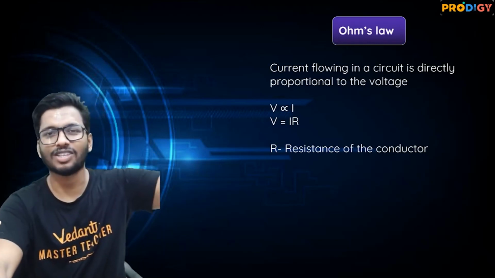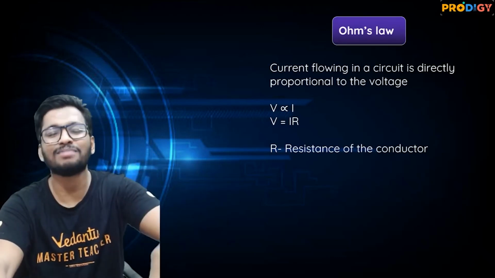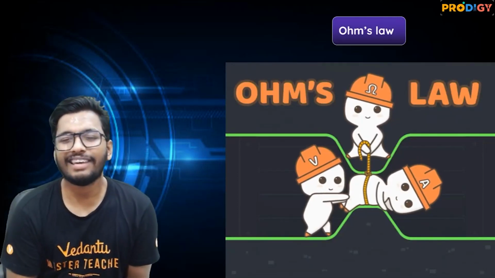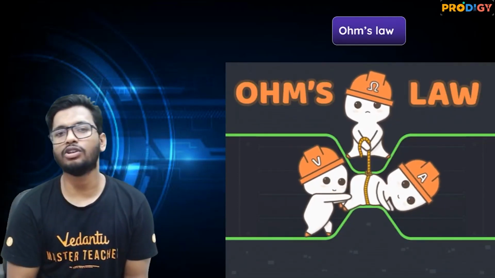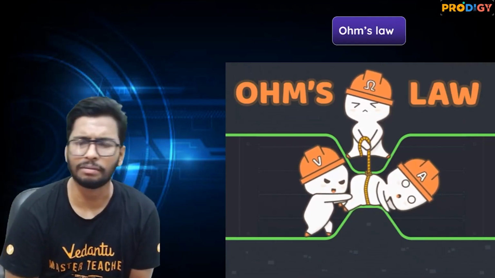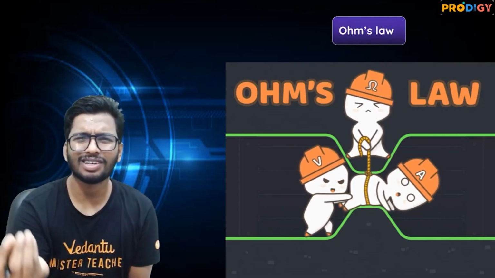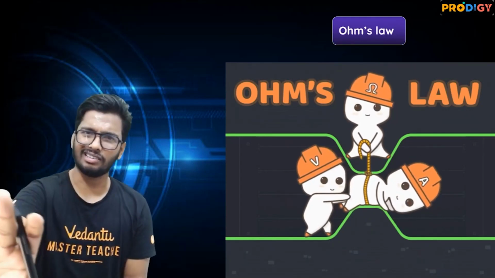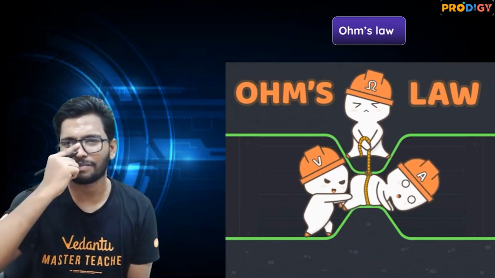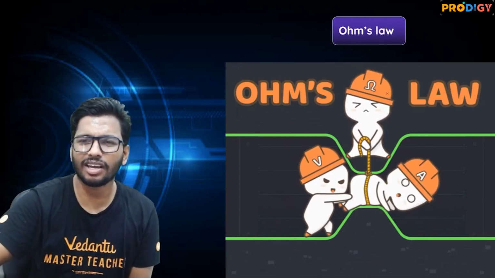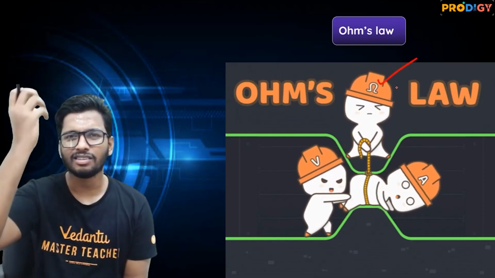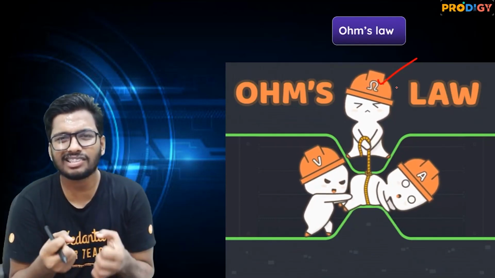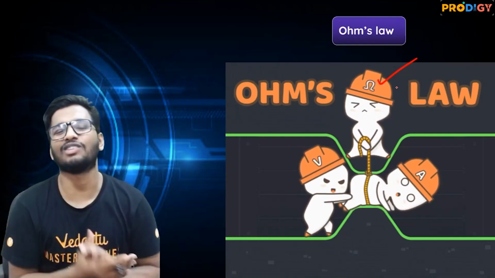Now people, watch the video. But before that, let me explain what is resistance in a simpler manner. Resistance is nothing but the obstruction offered to the flow of charge. What do I mean by that? Look at this beautiful, cute little GIF. Your voltage is trying to push the current, the charges from one end to the other. But what is the other person doing over here? What is the other person, the one with the ohm sign on him? What is he trying to do? He's trying to crush him so that it does not get through.